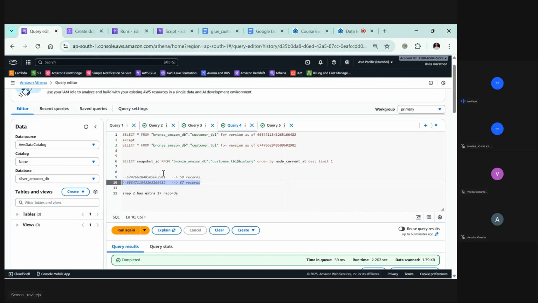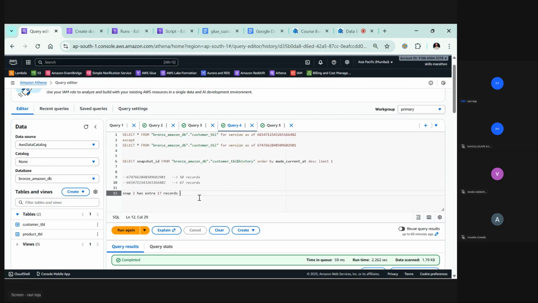Fine. Now the moment I read the 67 records, I went and loaded these records into this silver table. Now again my table ran. This table ran for the branch. Okay, my table has run. Fine. Now we do not have any records. There is no CDC data. There is no delta data. That means no transactions happened at least.